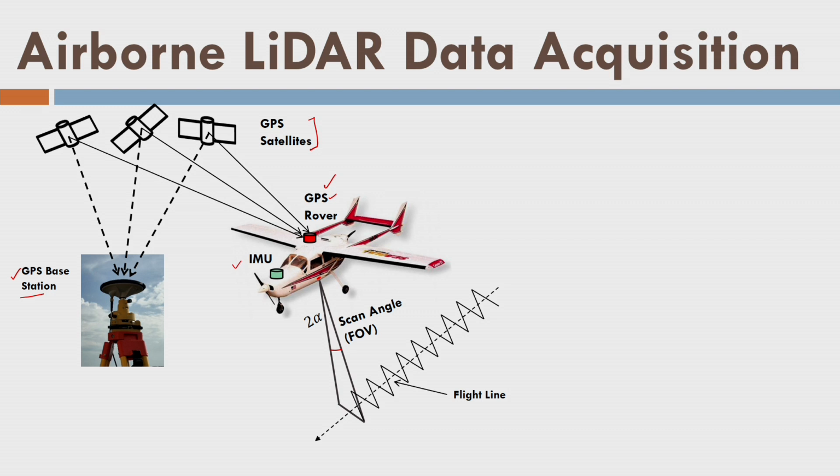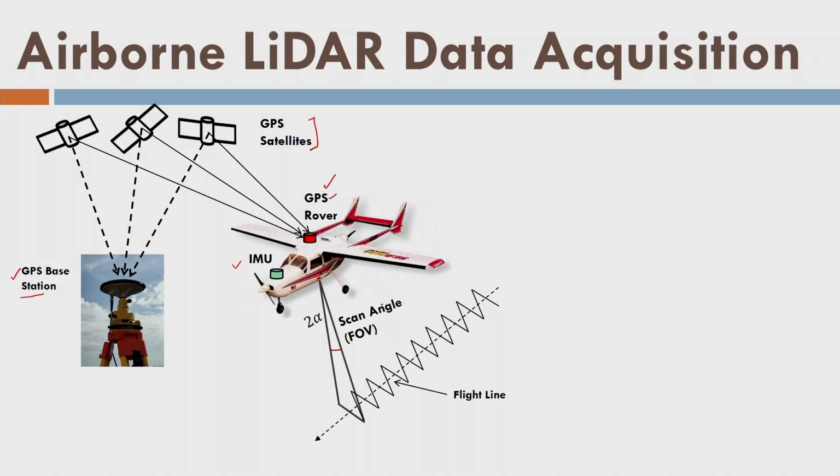Secondly, if we look at the IMU, inertial measurement unit, it is measuring some angles, that is the attitude angles of the aircraft motion. So we call it the roll, pitch and yaw, around certain axes it is measuring. Thirdly, we have the laser scanner, and we are showing that it is triggering the laser pulses using the time of flight principle, and for each pulse it is measuring the distance between the laser scanner and the ground surface, and so here is the ground surface.